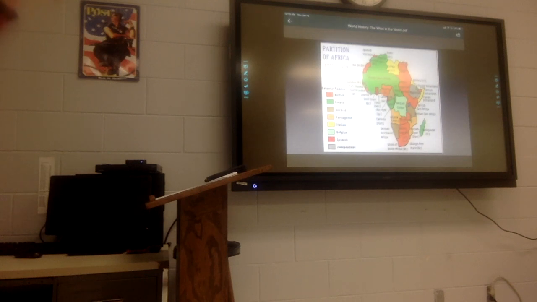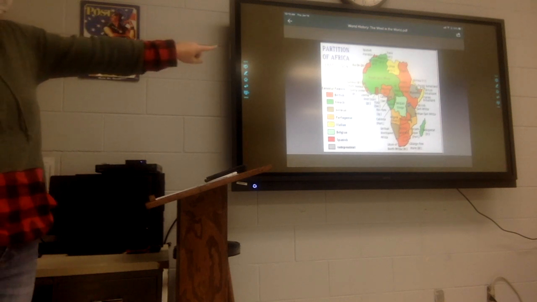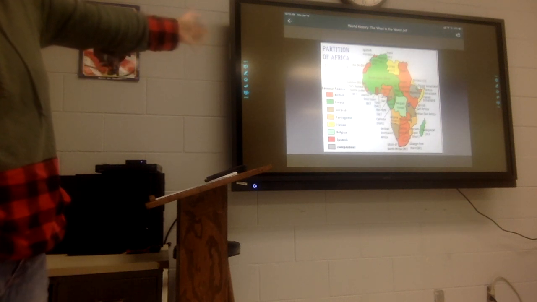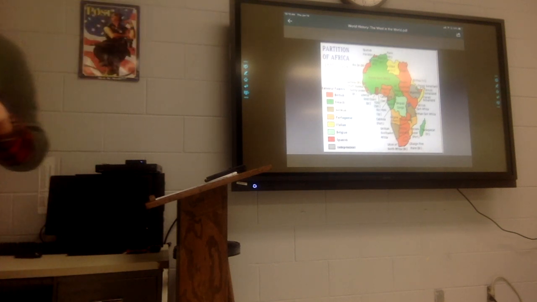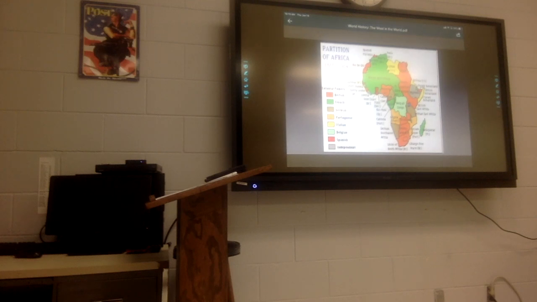And Great Britain, which is the orange color. If you'll notice, you've got the 2 gray ones there. Liberia here on the left, and then you've got Ethiopia on the right, which is actually not named Ethiopia there, it's by a different name. But those are going to be the only 2 countries that are never controlled by another nation. Okay? All right, so now